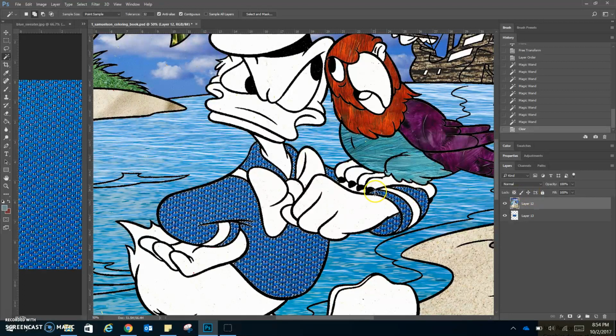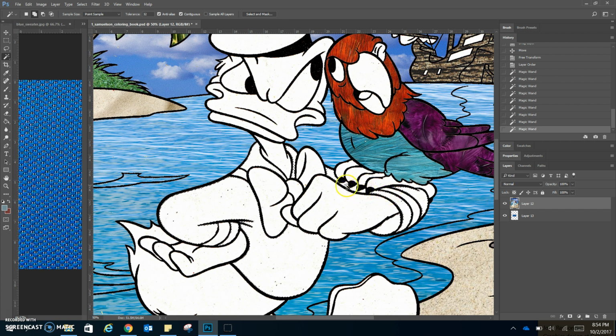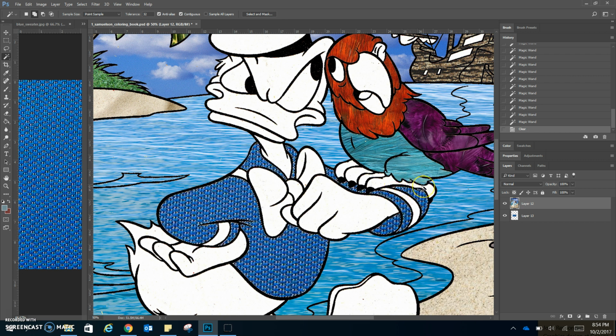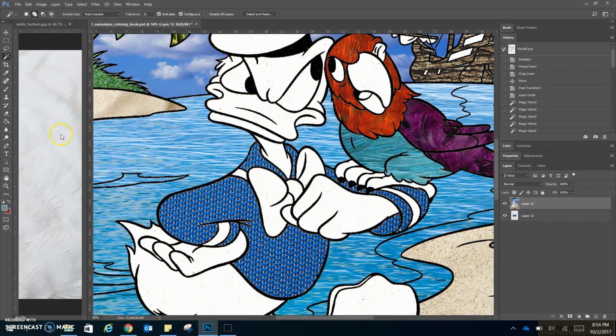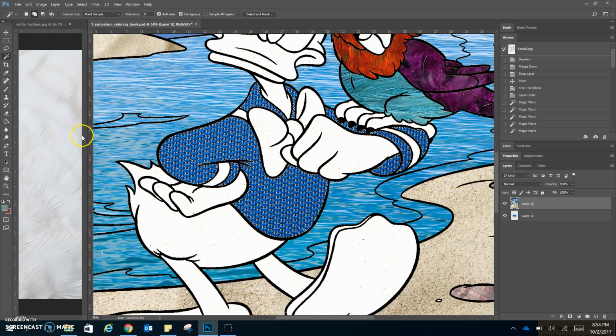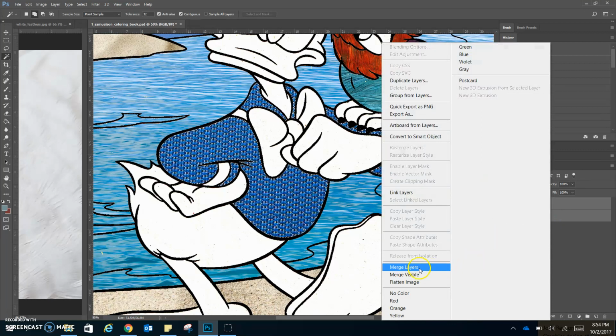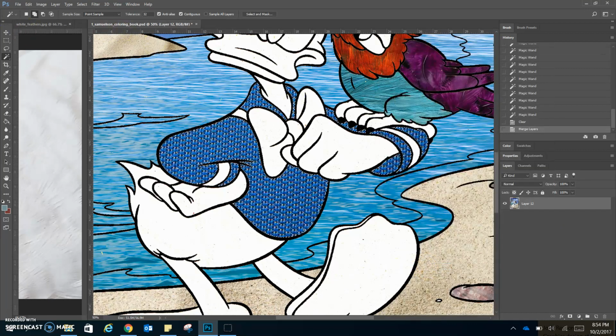Oops, I missed a part right here underneath the bird's feet. So let me Control Z to undo and add that to my selection. Now I can delete, and that looks better. So I'm going to close the blue sweater. I've got white feathers here, and Donald has white feathers. After I merge those layers, I will drag